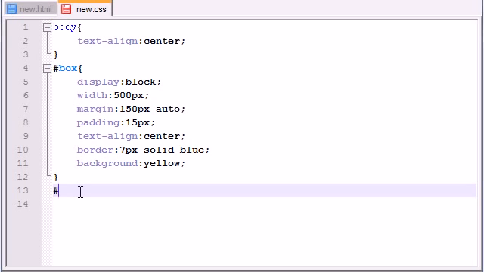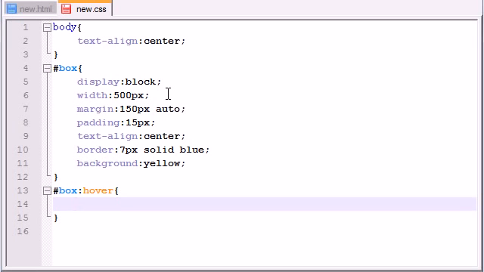Now just go ahead and write your box just like this, and right after it, put a colon, not a semicolon, and write hover. Now if you've ever worked with links, this is typically what you do whenever you want to make a link change color. But in this hover class, you write what you want to change, and since we're working with those transformations, we're just going to hit WebKit